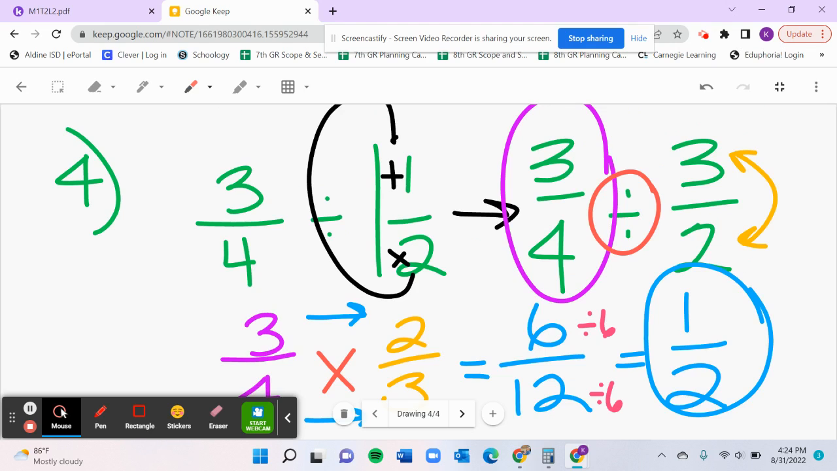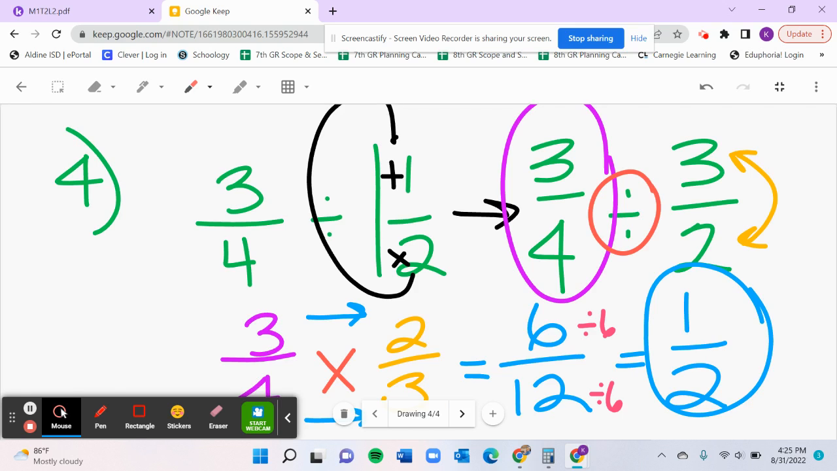Question 4 is essentially the same process. However, this is different. You've now got 1 and 1/2, which is a mixed number. What you would need to do is turn that into an improper fraction first. So you would do that by taking your denominator, multiplying it by your whole number,